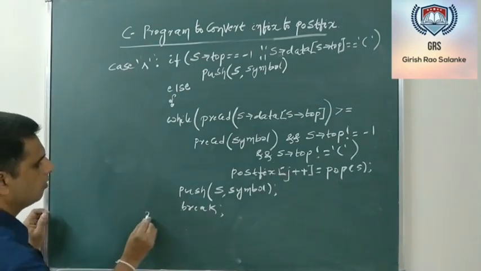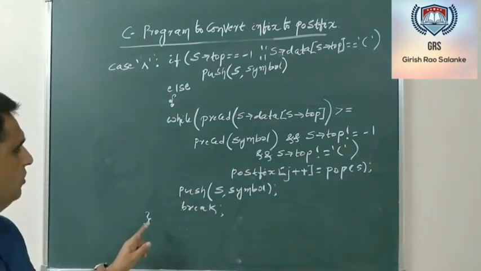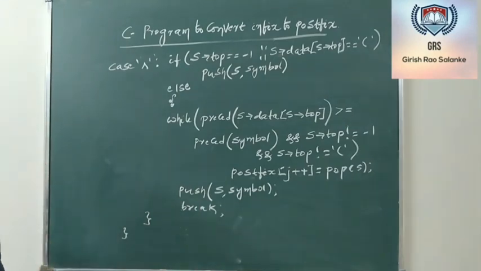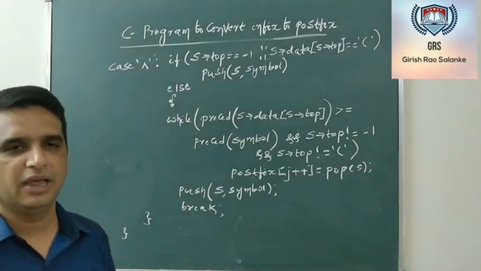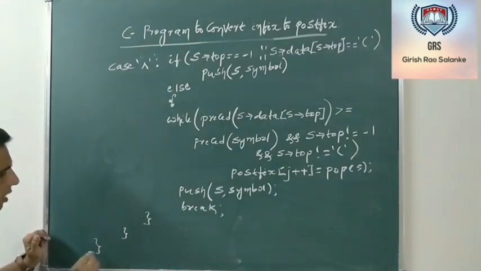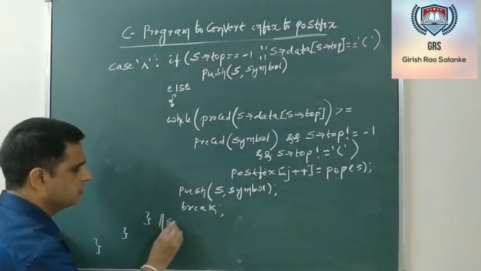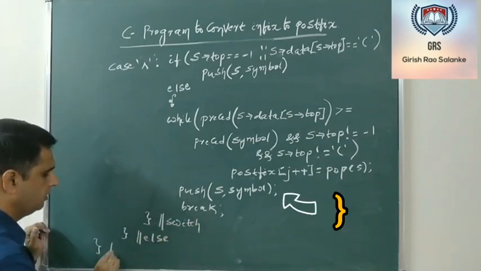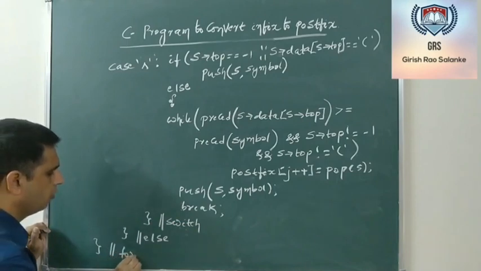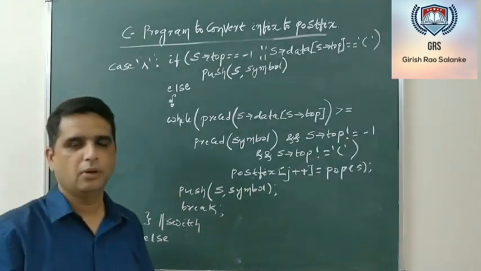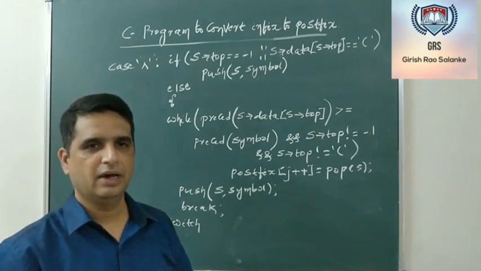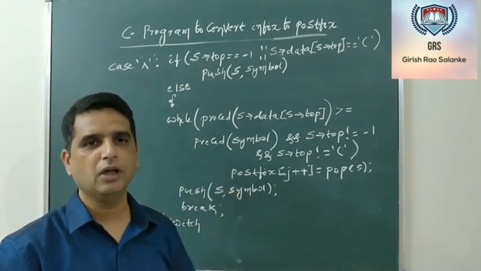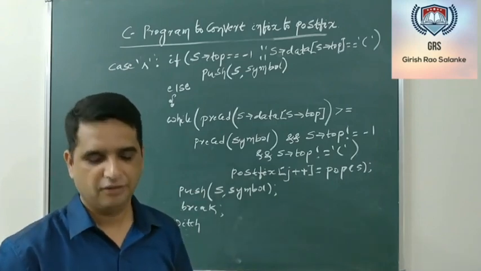Now we'll have this clause. This clause is for the switch statement. The second clause is for the else statement. And the third clause is for the for loop. This is for switch, this was for the else part, and this was for the for loop. Now what we have done? We have converted step 1 and step 2 of the algorithm into the corresponding code. Now step 3 is still left out.